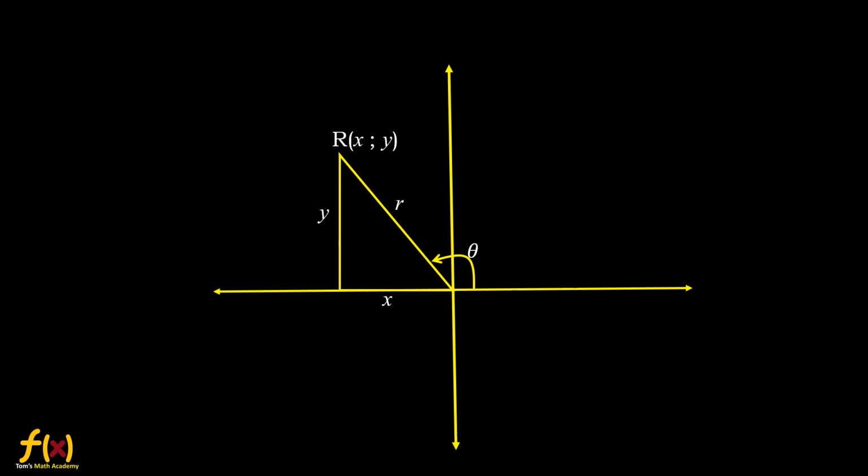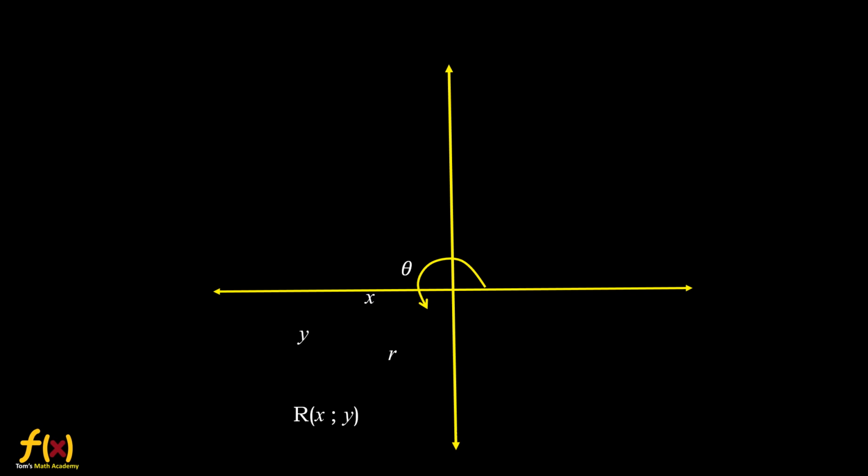Okay. Now we move on to the third quadrant. Okay. We have the angle now in the third quadrant. Look at that. y is negative. x is also negative. So we know that sine will be negative. Cos will be negative. But when it comes to tan theta, look at that. Let me explain it. y over x, which is going to be, y is negative, x is also negative, negative divided by negative will get positive. So tan theta in the third quadrant will be positive. Okay, let us move on to the fourth quadrant.